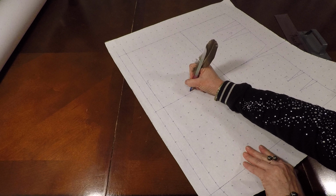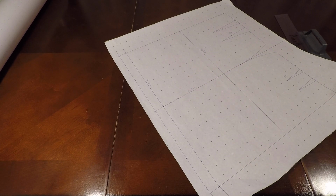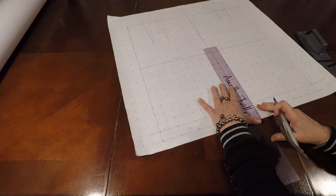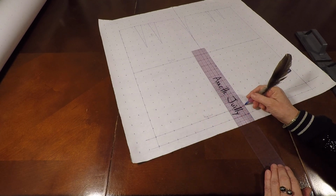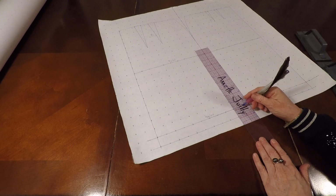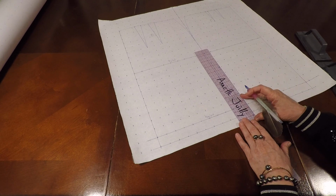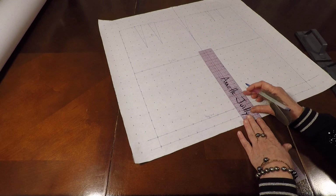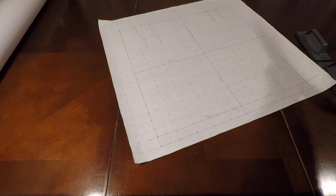This is my side seam. And that's where we're going to go ahead and take this in. And down here at the hem, you can take this in anywhere from 1/2 of an inch up to 1 full inch or more, depending on the type of fabric you have. So I think I'll go somewhere in between, and I'll take this in about 3/4 of an inch on both sides. And then I'm going to take my hip curve,